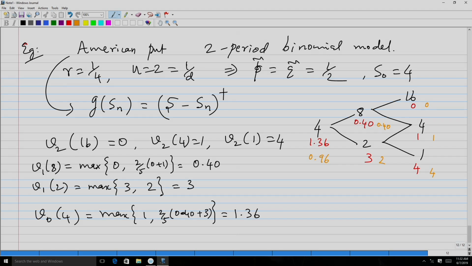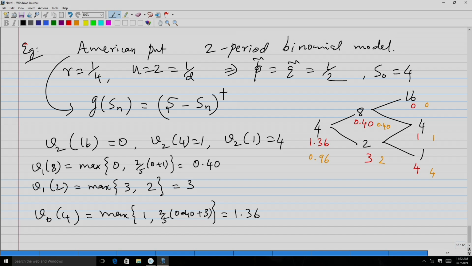So, if I look at the time 0 price of this 2 period American put option, the European put version price is going to be 0.96 and in the American case it is going to be 1.36. And at the first time, in the up node both prices are the same and in the down node the prices are different, and so on, you are observing, right. Now, these observations have some meaning, right.